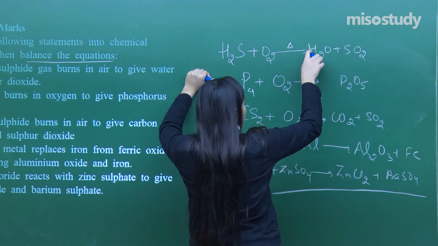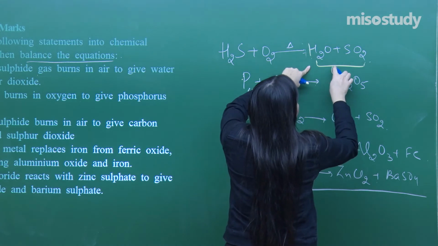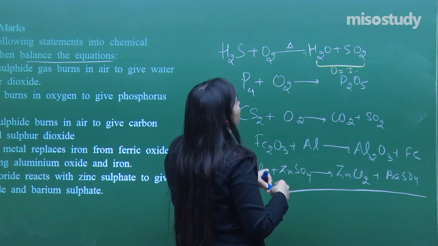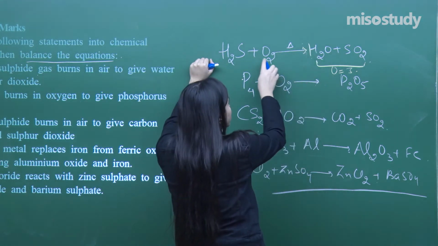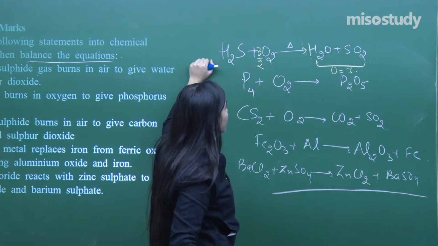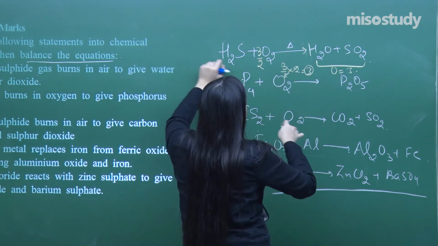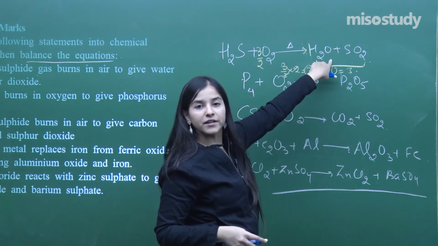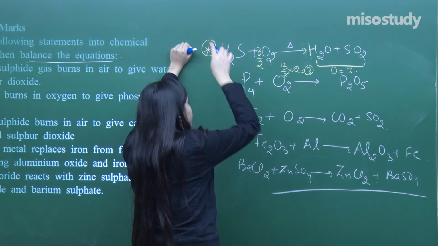So, in that case, what do we do? Over here the oxygens are coming out to be 3, here 2. So, what can you do to solve this matter? If I multiply this oxygen right here by a fraction, that is 3 by 2, what will you get here? 3 by 2 into 2, that means 3. So, here also my number of oxygens got satisfied, and here as well. Got it? This was an important one, you can just mark it out.